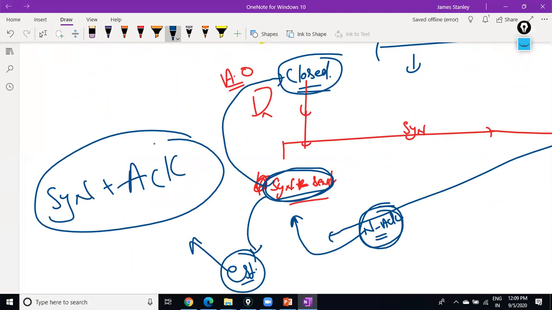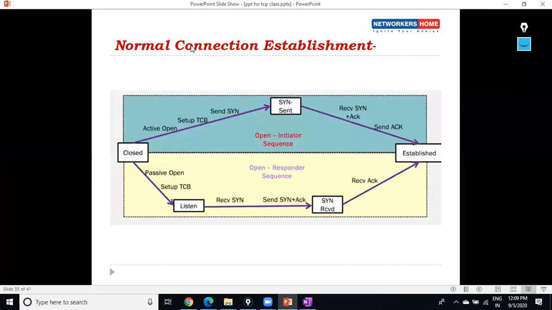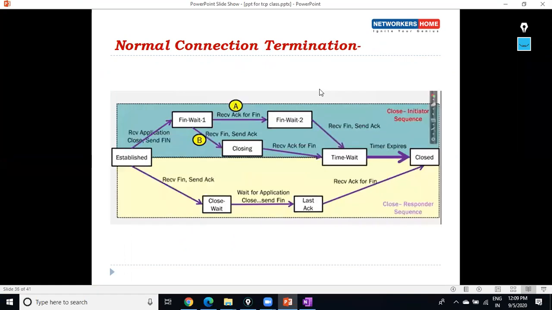So it will go back into the previous state. This concept means you go back into the previous state. So this is about connection establishment, normal connection establishment. This is normal connection termination. Before starting this,